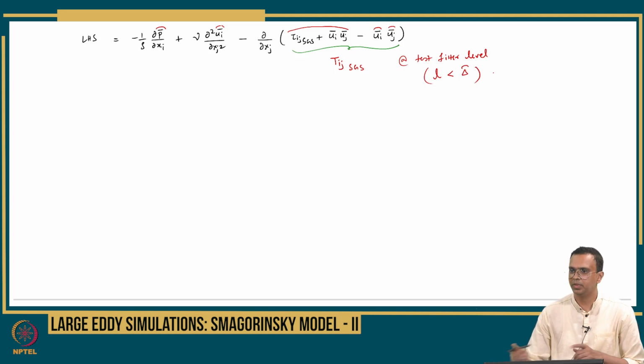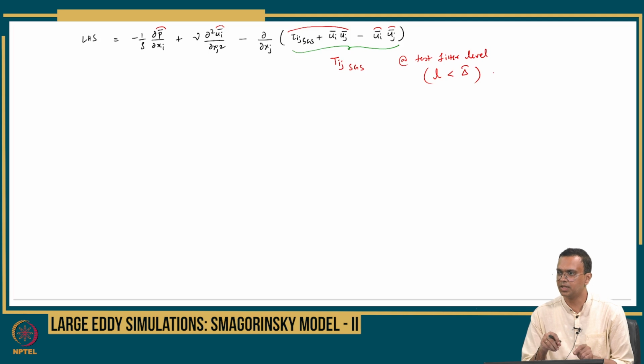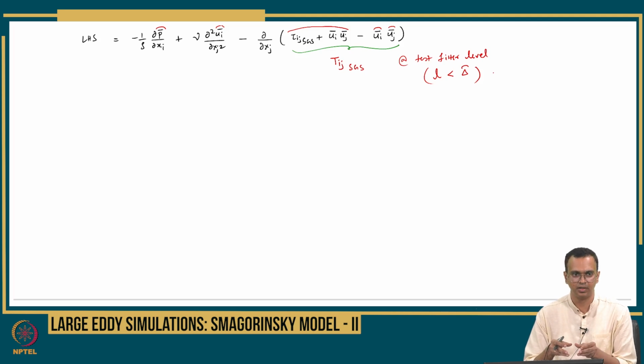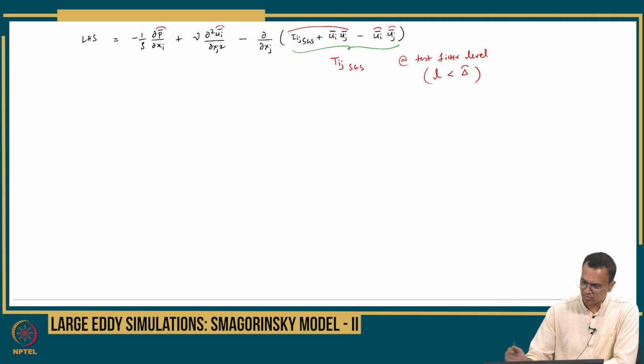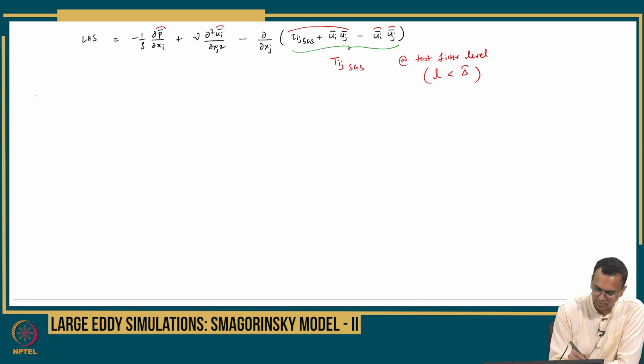So then obviously that means for all scales in between the grid filter level and the test filter level, an intermediate level, that L will be in between, and the subgrid scale fluctuations or subgrid scale stresses in between the test filter level and the grid filter level are called dynamic Leonard stresses, or intermediate stresses, okay. So what we do now is we define what is called the dynamic Leonard stresses,